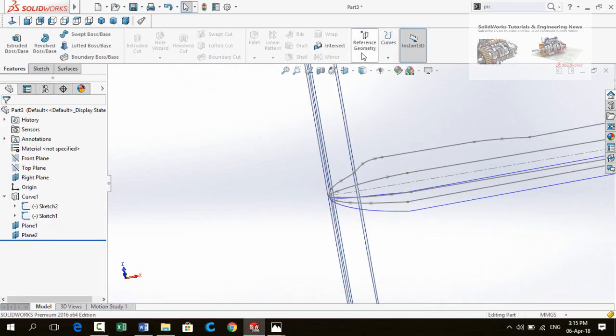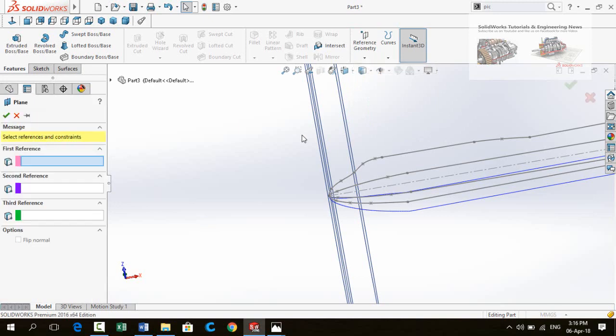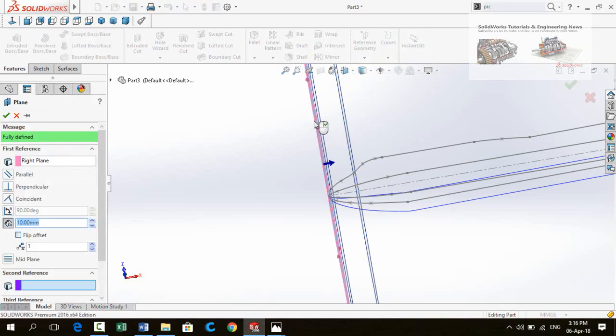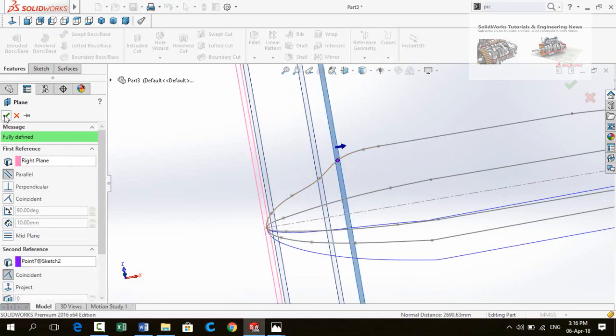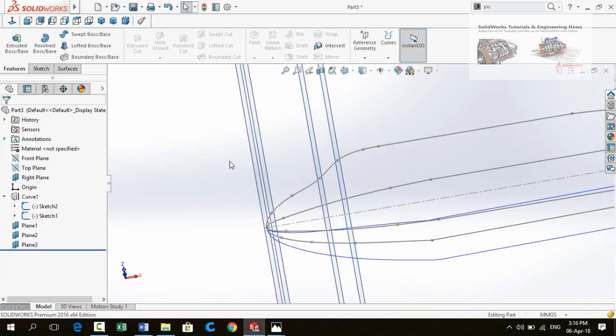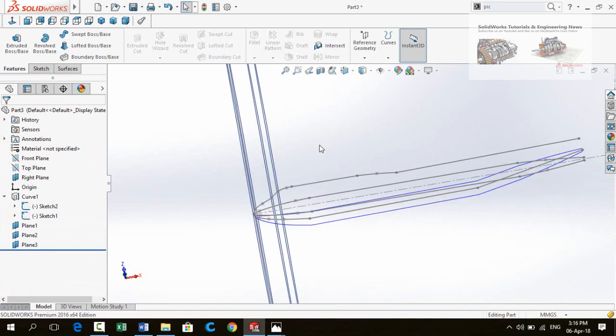Press OK button. Again select plane, right plane as first reference and this point as second reference. Create the planes on all these points one by one.